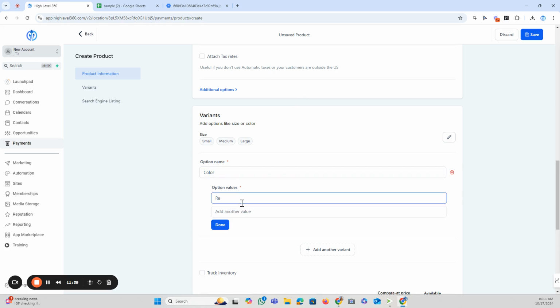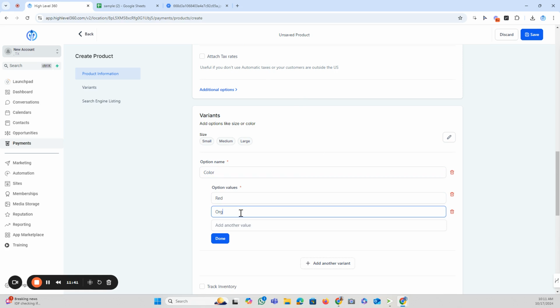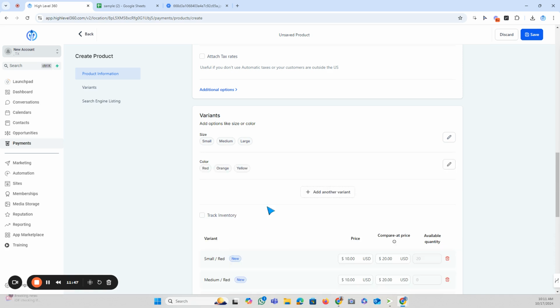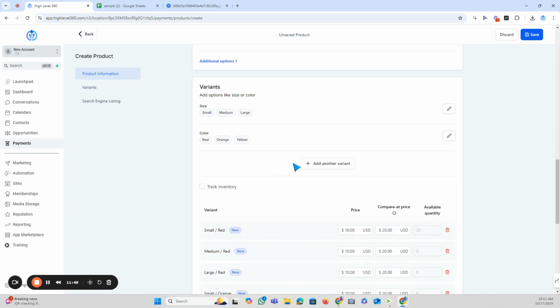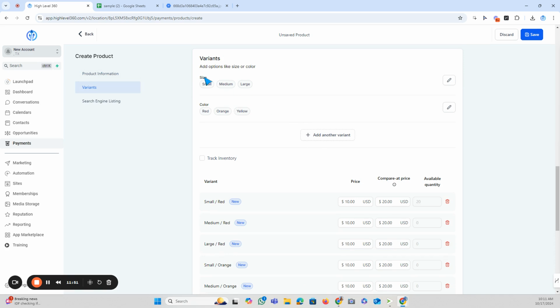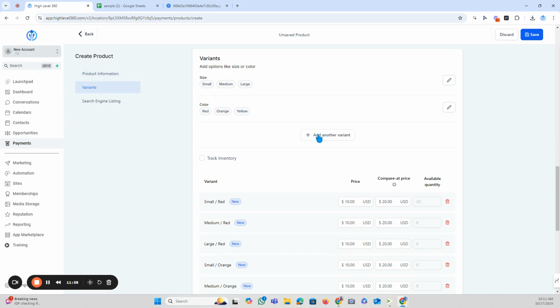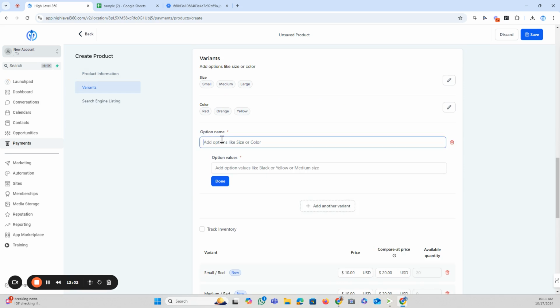Let's do red, orange, and yellow. And again, I'm going a little bit off of the spreadsheet, and I'm just kind of adding in my own different ones. So we have variant in size, variant in color, and then you could do another variant, like if you're selling t-shirts, long sleeve, short sleeve, tank tops, you could do a variant that's, you know,